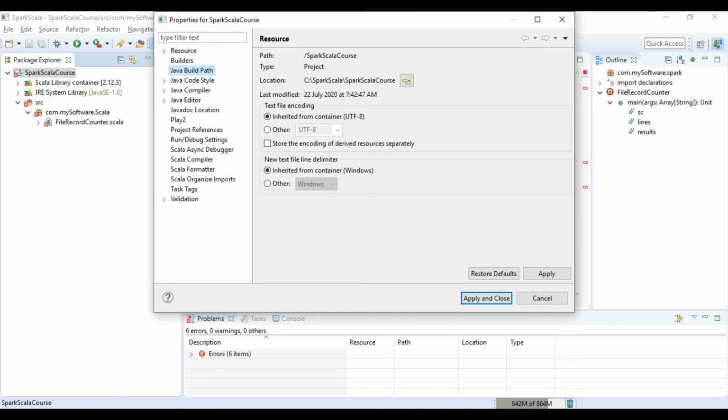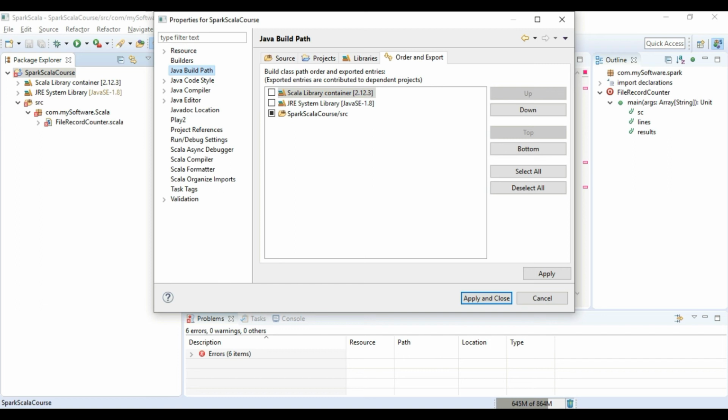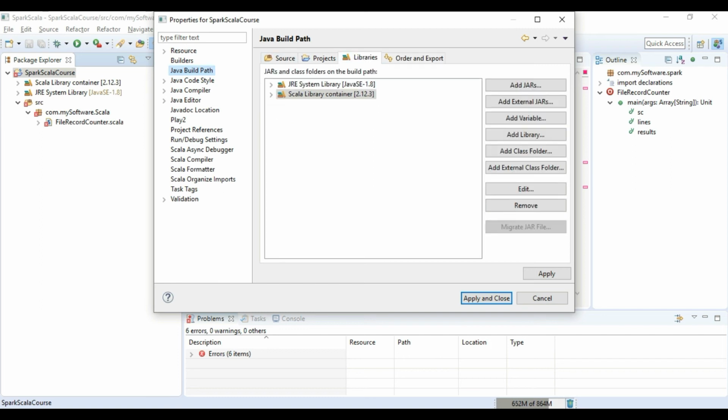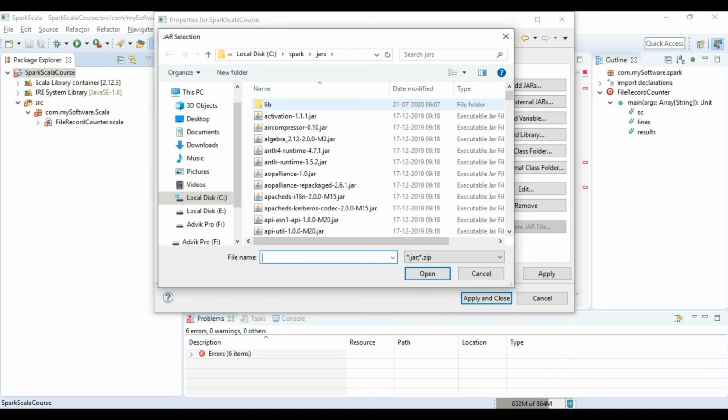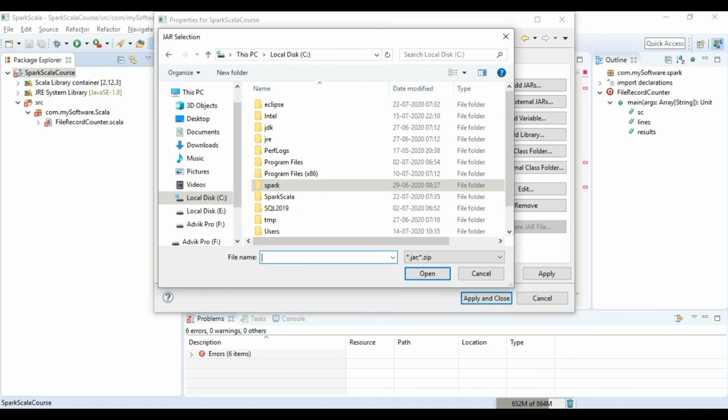Now choose the option Java build path. Now go to the tab libraries. Now click on the button add external jars. Go to the C drive. We have a folder with the name Spark. During the installation of Spark and Scala, go inside this folder.